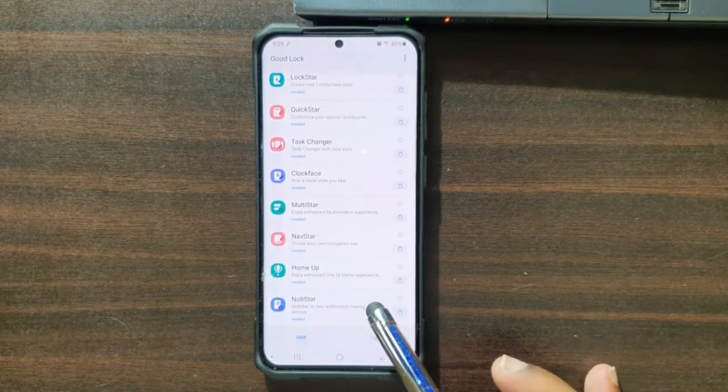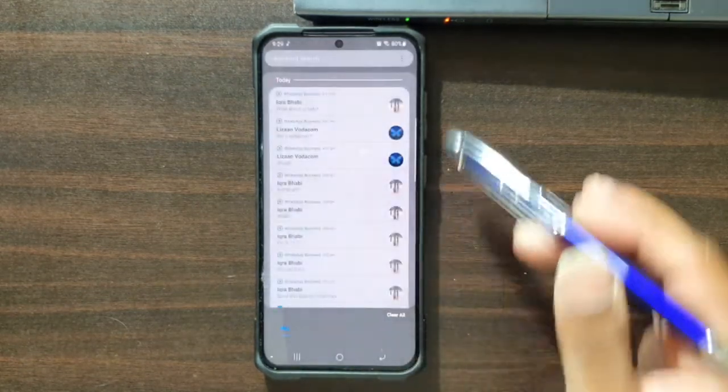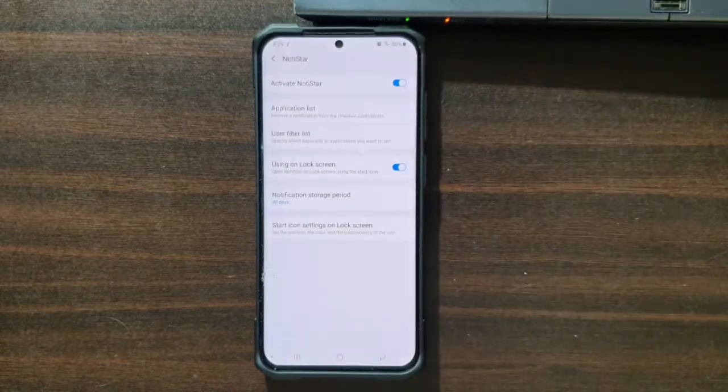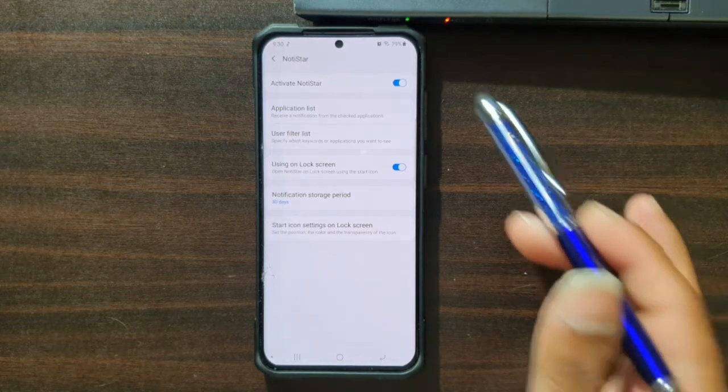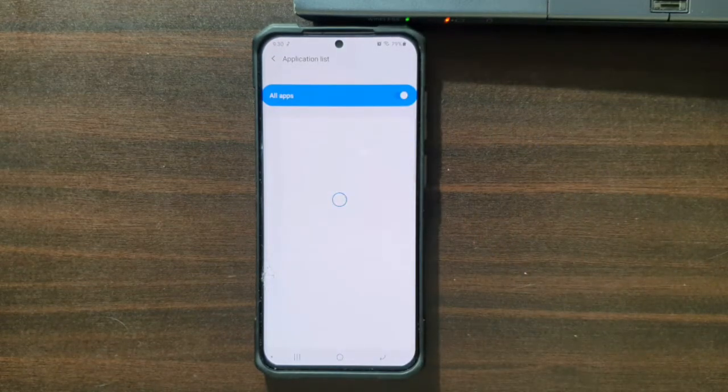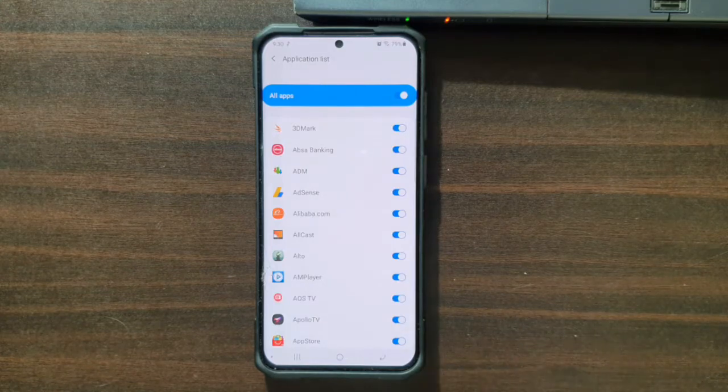Last one we have Notistar. We can quickly handle our notifications the way we want them to be handled. We have an application list here. Here we can actually select which apps we want the notifications from. We can disable the other apps that we don't want to be notified about,